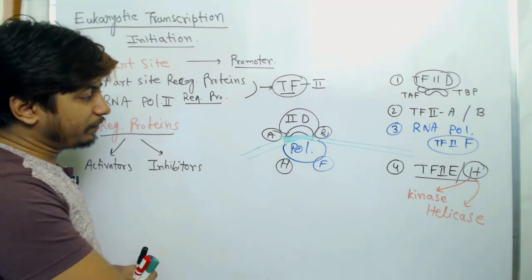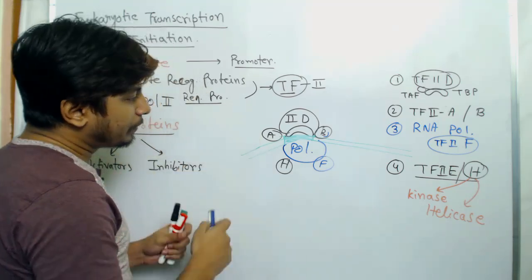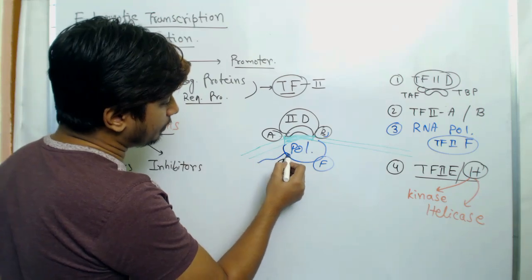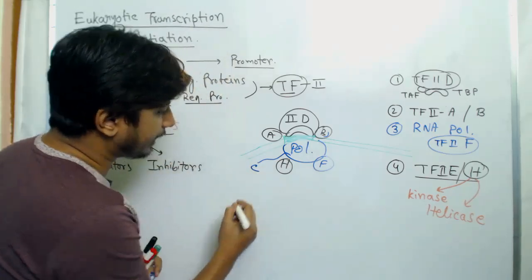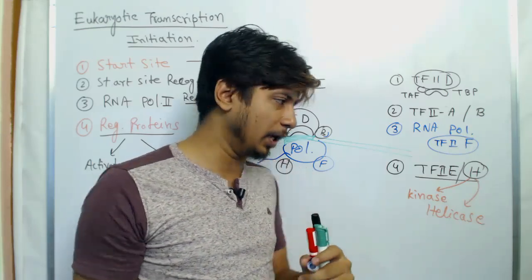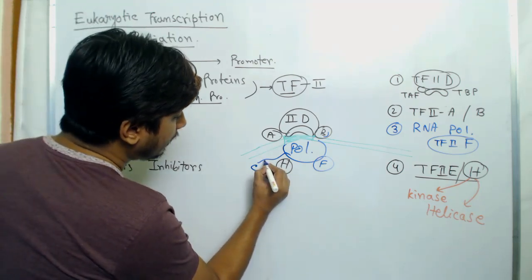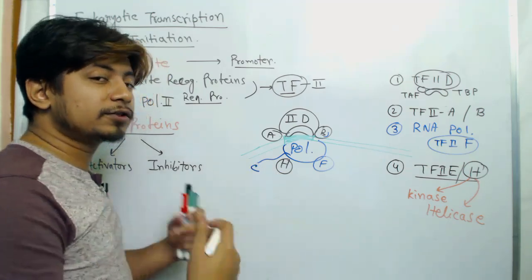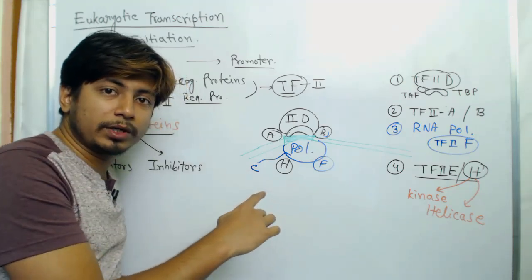Now remember one thing, before the polymerase can move, this helicase has another function. If you study the structure of RNA polymerase in eukaryotes, you will see that RNA polymerase contains a C-terminal tail. Every protein has two termini, the amino terminal and the carboxy C terminal. So the C terminal of this polymerase forms a tail, an extension of the structure. Now this extension needs to be phosphorylated, and the phosphorylation of this C tail, which is also known as CTD,